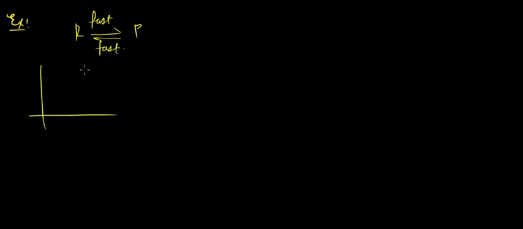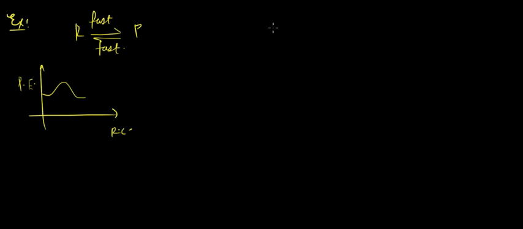Okay, hi guys. So we'll be continuing more on the effect of catalyst on the reaction coordinate. Suppose, for example, we have this reaction in which the reactant is converting into products. Let's suppose the forward reaction is fast and the backward reaction is also fast. So we would have a graph something like this, wherein potential energy with reaction coordinate would be something like very fast